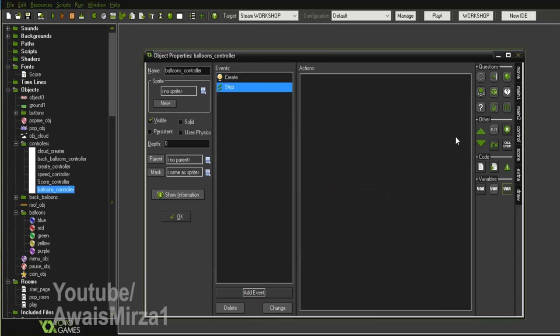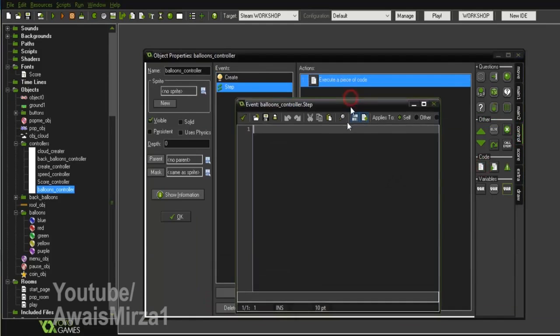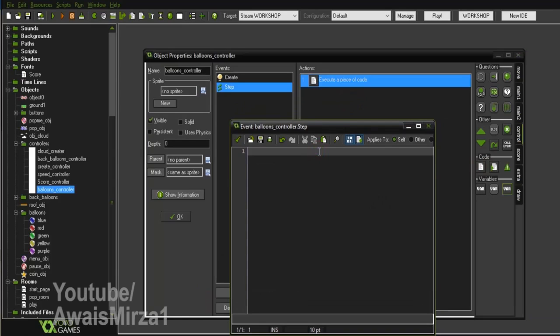called step. All right, and what it will do is keep on checking if the variable total balloons is greater than 0 or not. If the value has gone lower than 0, less than 0, then we should navigate to our next room. We should end our game. All right, so I'm going to check if global.total_balloons is less than or equal to 0,